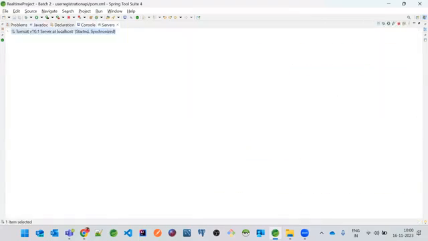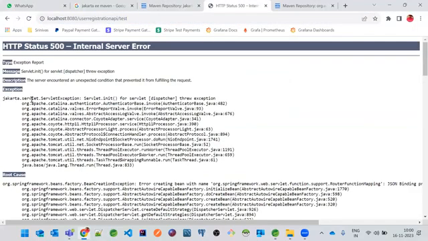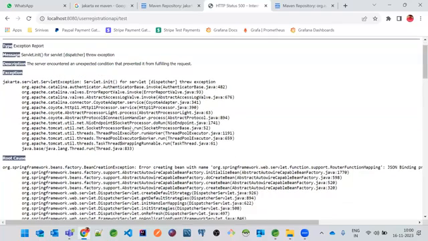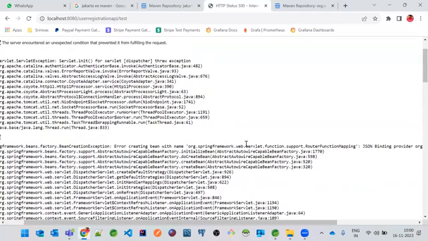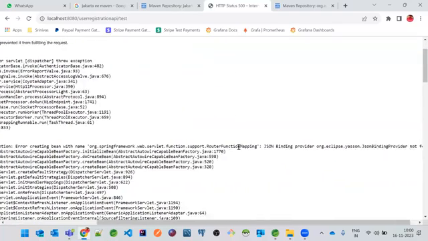So if the respective classes are not there, this will not work. See here, error creating bean, router function mapping. There are some classes which are available in the Spring Framework. If these classes are not there, then probably our request will not be served.